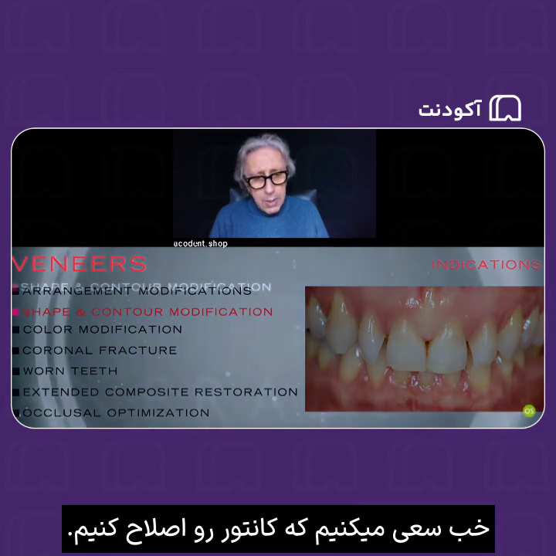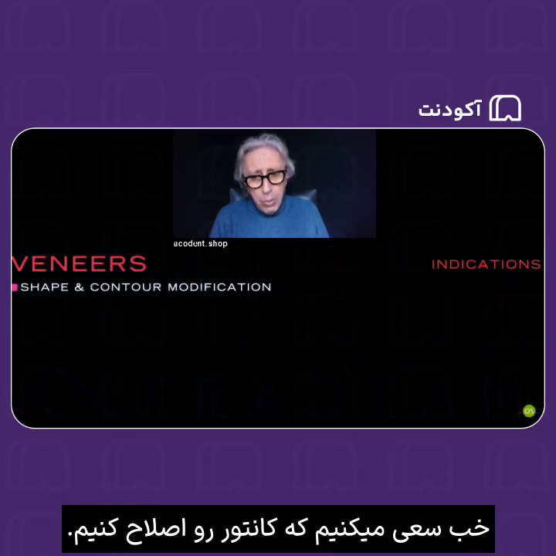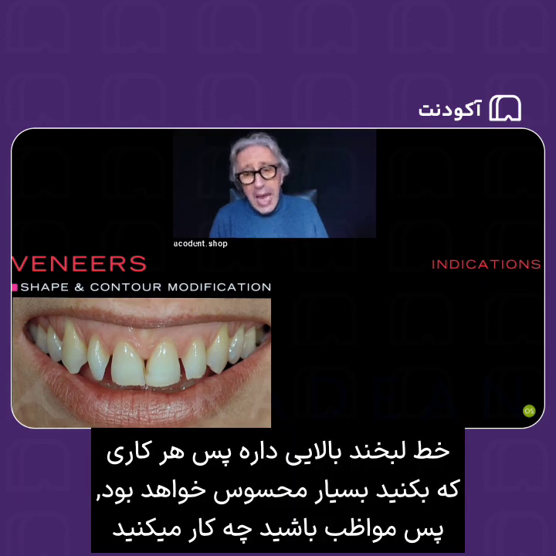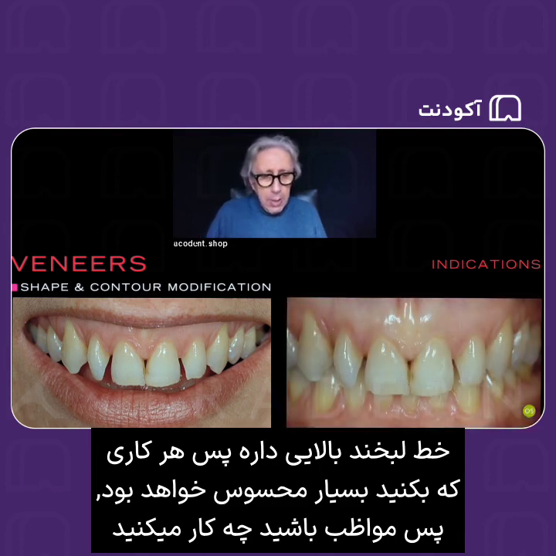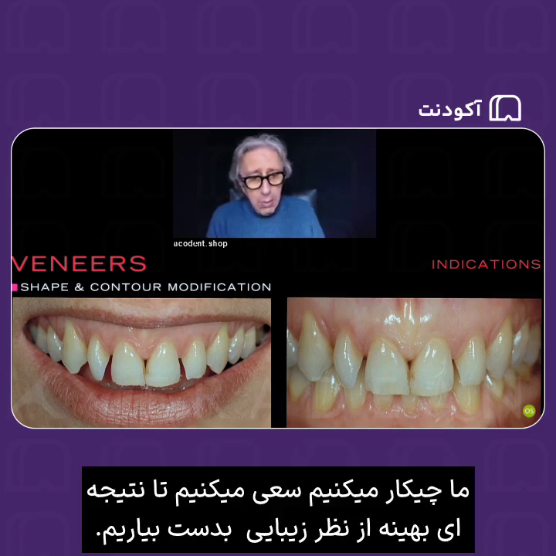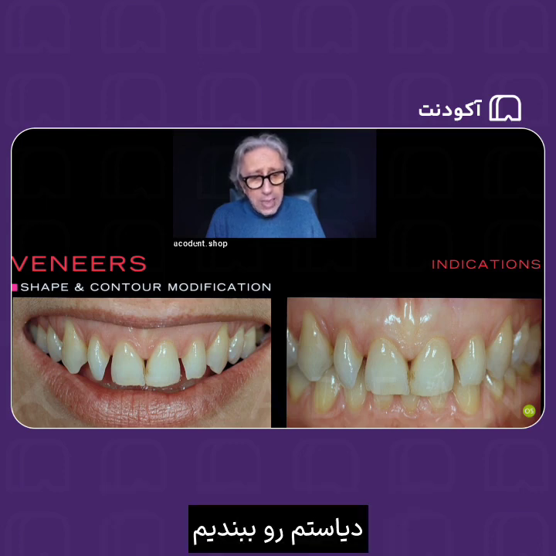So we try to really modify the contour. She has a high smile line, so everything you do will be 100% visible, so be careful what you do. In this case we try to optimize the aesthetic result, closing the diastemas,